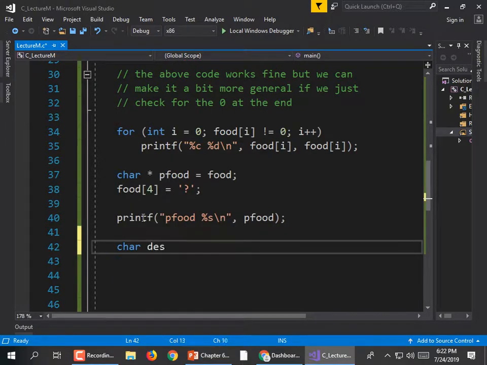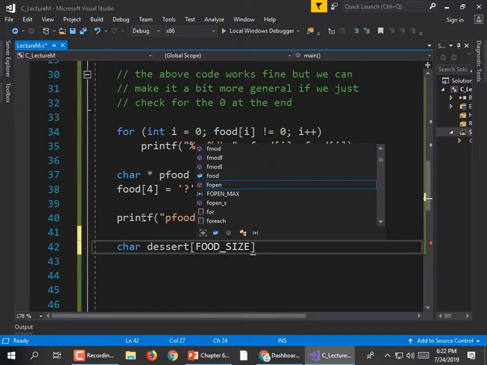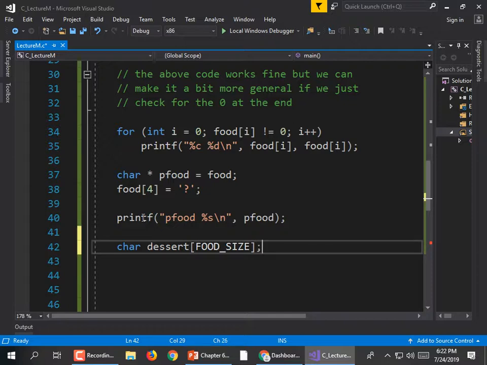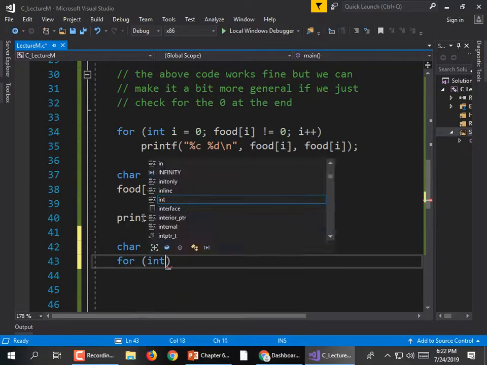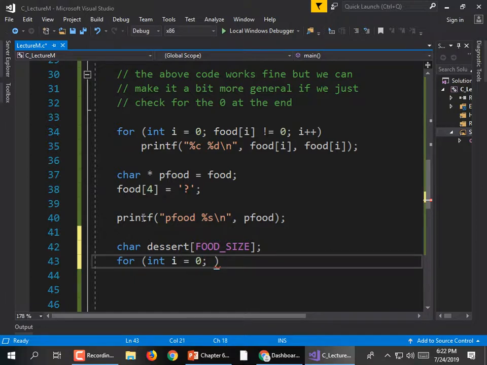char dessert[FOOD_SIZE]; and let's print it out. For, same kind of thing, int i = 0; Now we're going to make sure that the character we're looking at is not a 0, because that marks the end of the array. So dessert[i] != 0; i++,